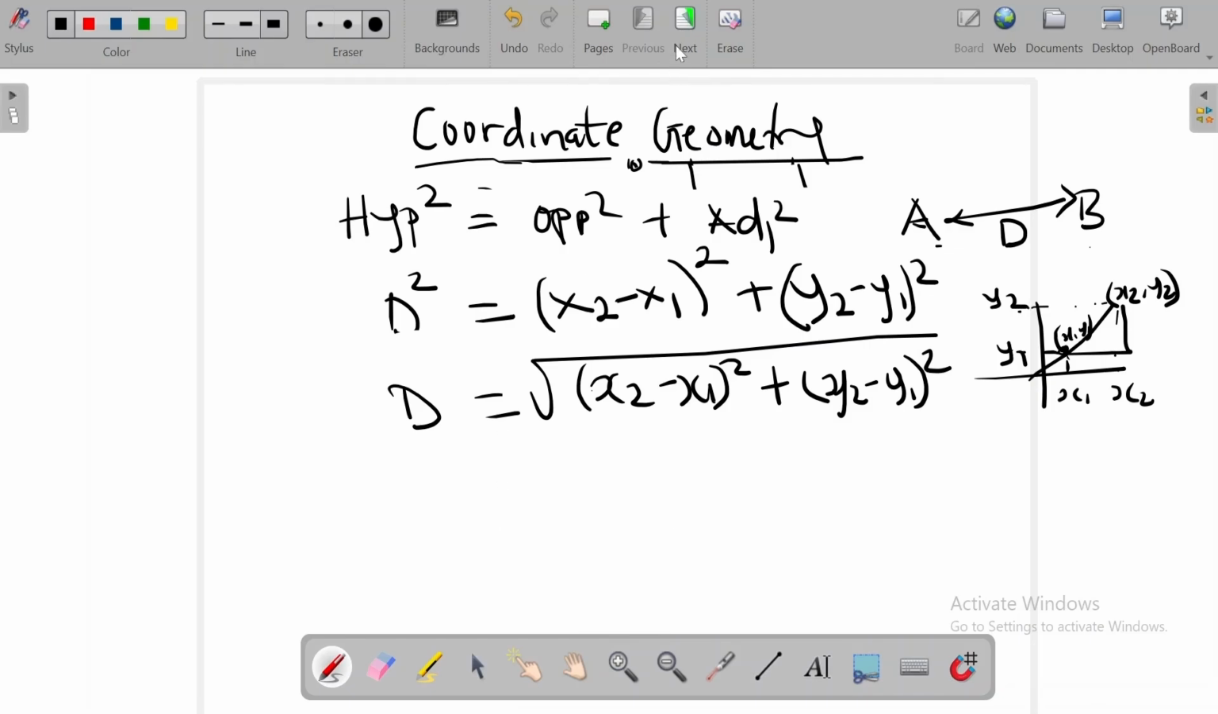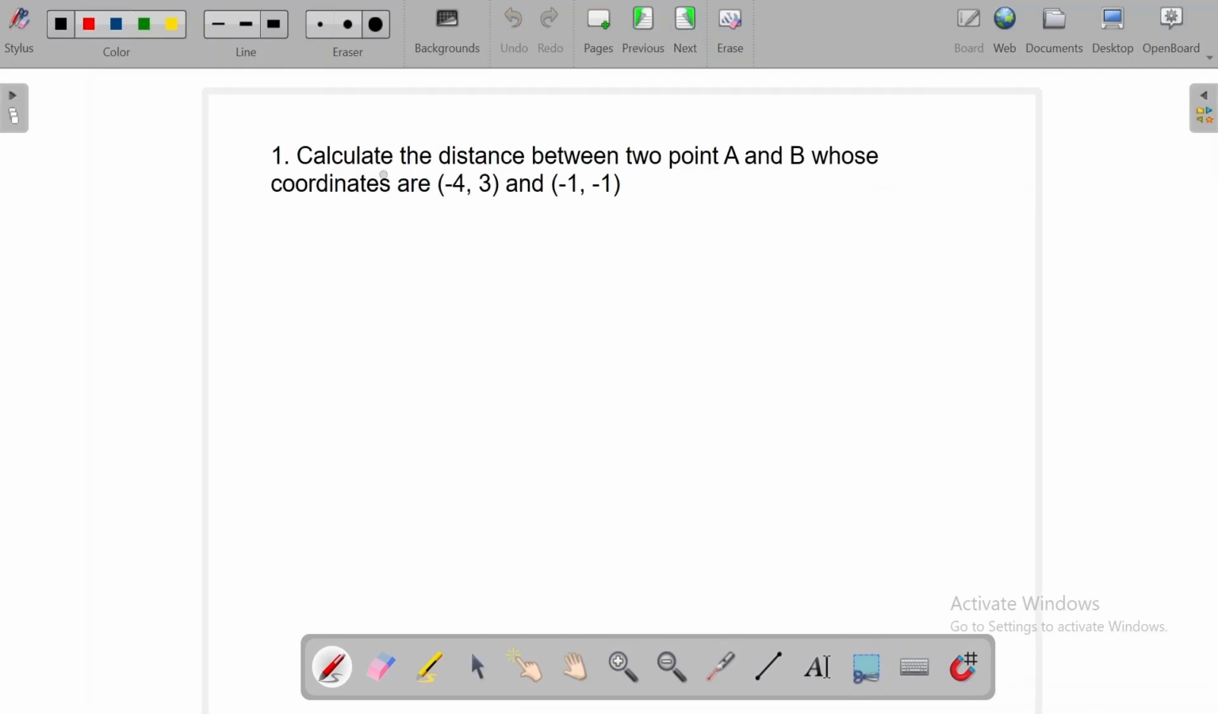Let's look at an example for us to simplify. Calculate the distance between 2 points A and B. So we have point A, value 4, 3, and point B, negative 1, negative 1. These are the coordinates. So we have this for the first coordinate and this for the second coordinate. So I would simply say the distance, which is all the way from here down to this point, would be